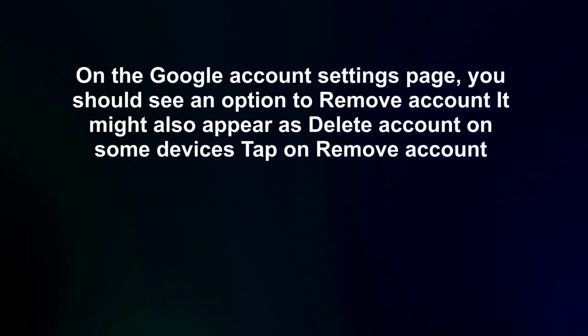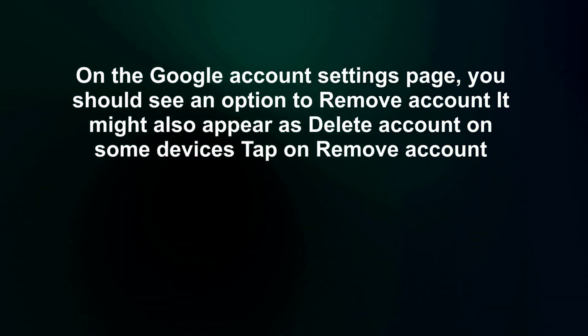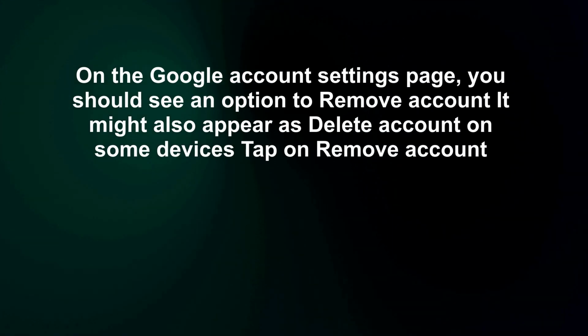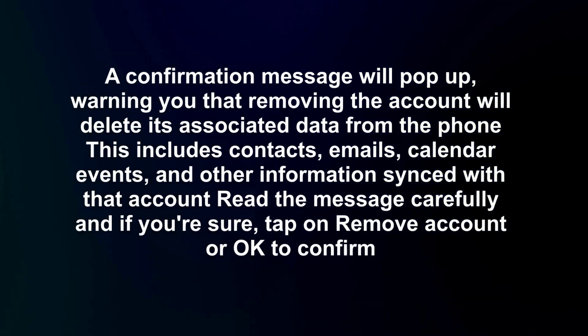On the Google account settings page, you should see an option to remove account. It might also appear as delete account on some devices. Tap on remove account. A confirmation message will pop up, warning you that removing the account will delete its associated